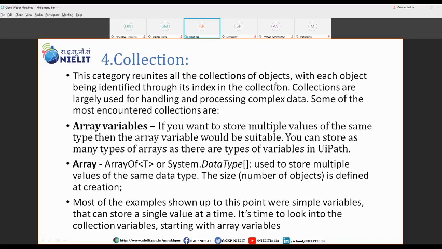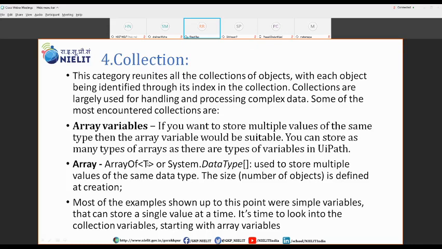Under this collection, we have the option of array variable. So if you want to store multiple values of the same type, then we have to use this array variable. Using this array variable, we can create an array of as many types of variable as we have data types available in UiPath, like we can say the Boolean, string, numbers.